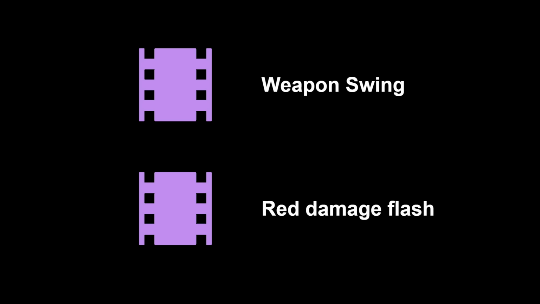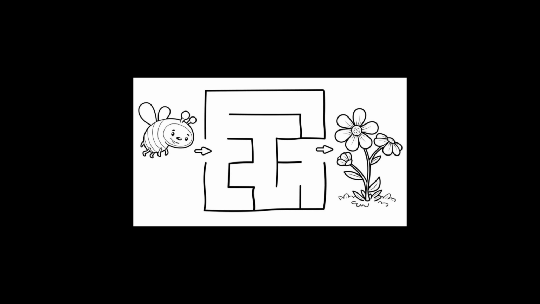This is because only one animation can be played at a time with a single animation player node. For this specific scenario, animation player isn't ideal on its own. We would need two animation player nodes to handle these animations. So while animation player is great for simple animations or when you're certain you'll need only one animation to play at a time, most of the time it needs help from another node, and the node is called